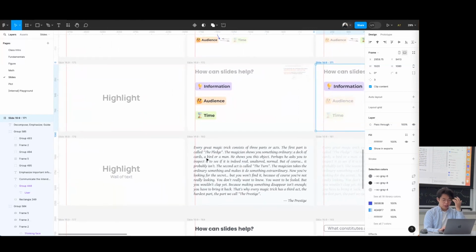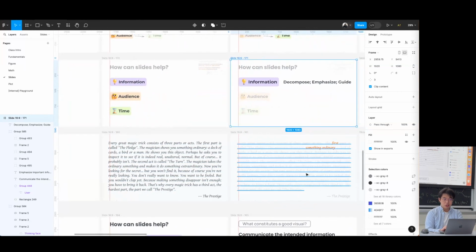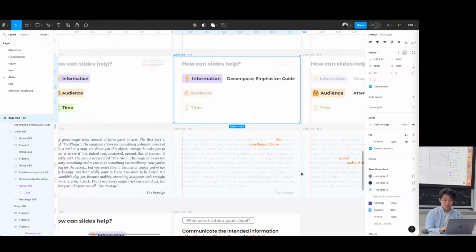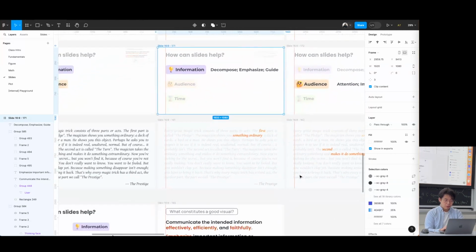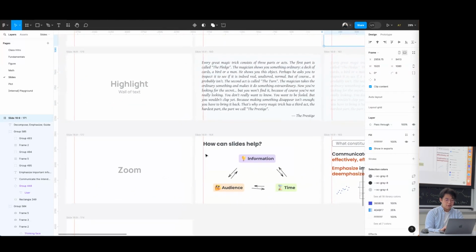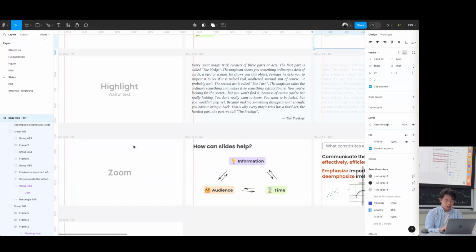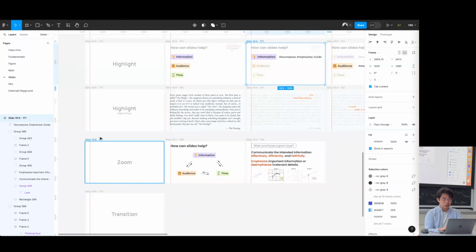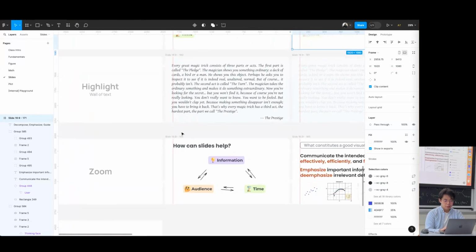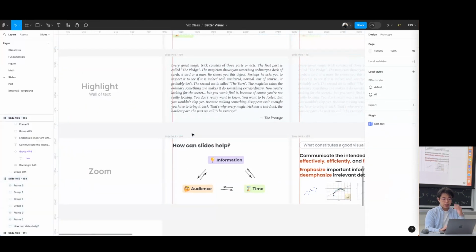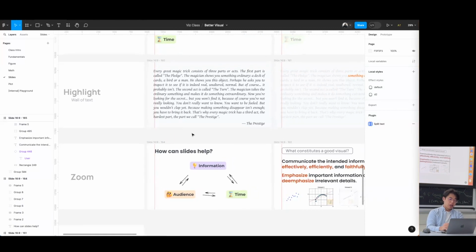For the wall of text experiment, it's also kind of the same. Basically, you just need to reduce the transparency for most of the elements. But one of the very interesting and technically challenging components is to implement something like the zoom transition using Smart Animate. Because, still think about the concept here, which is in the Smart Animation, your goal is trying to,